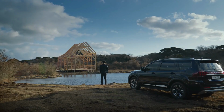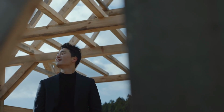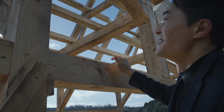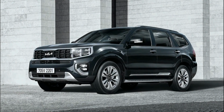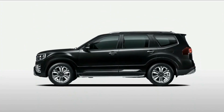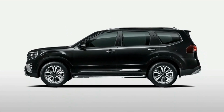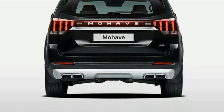Power will be supplied by a 3.0-litre diesel engine equipped with emission reduction devices to meet the enhanced requirements enforced in South Korea this year. Thankfully, this didn't affect performance. The engine is coupled with an 8-speed automatic transmission and a standard 4-wheel drive system, rated at 253 horsepower and